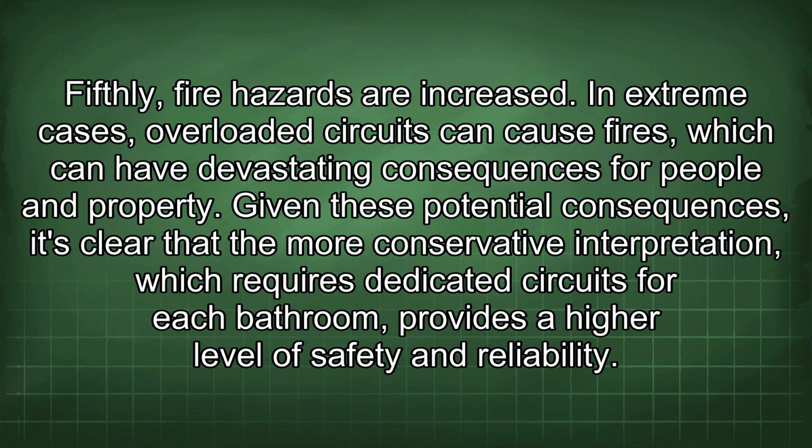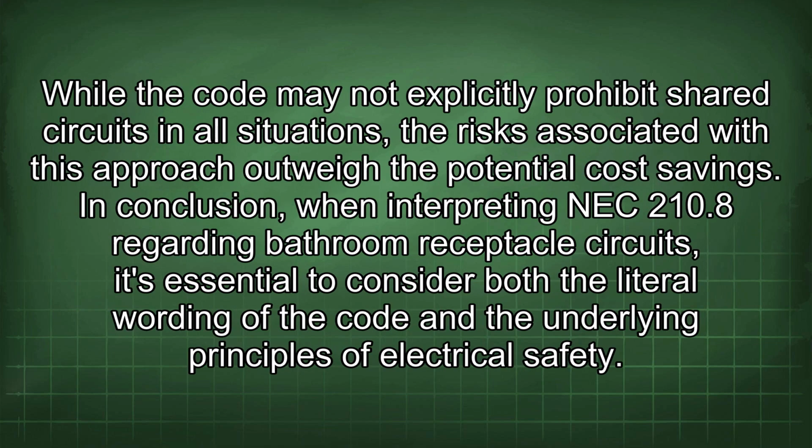Given these potential consequences, it's clear that the more conservative interpretation, which requires dedicated circuits for each bathroom, provides a higher level of safety and reliability. While the code may not explicitly prohibit shared circuits in all situations, the risks associated with this approach outweigh the potential cost savings. In conclusion, when interpreting NEC 210.8 regarding bathroom receptacle circuits, it's essential to consider both the literal